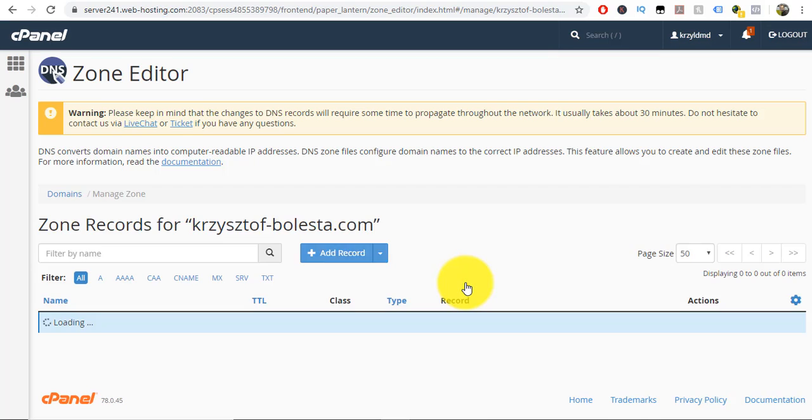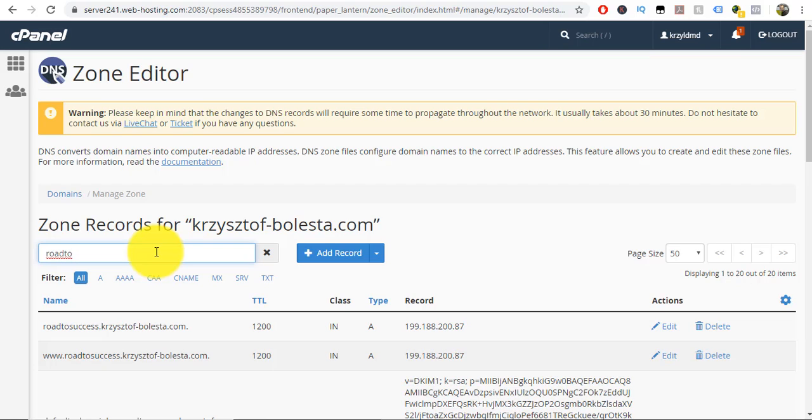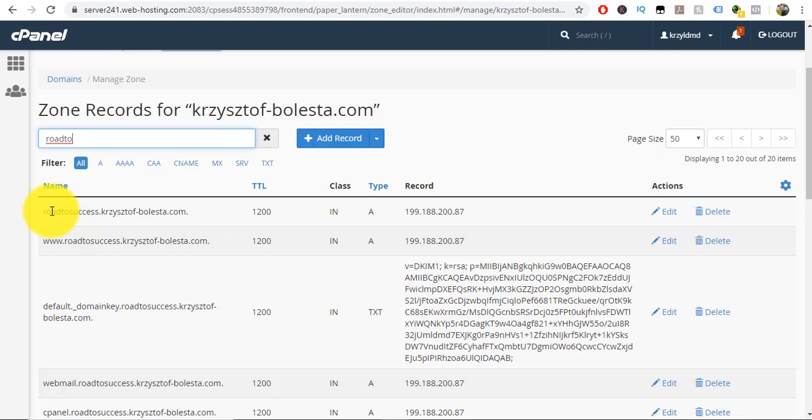We manage the domain, and then we're looking for our targeted domain, which is always road to success. We've got road to success, and we have to change the record to a CNAME record, but we don't touch this one. We touch www. So to change the record in here, we just press edit,